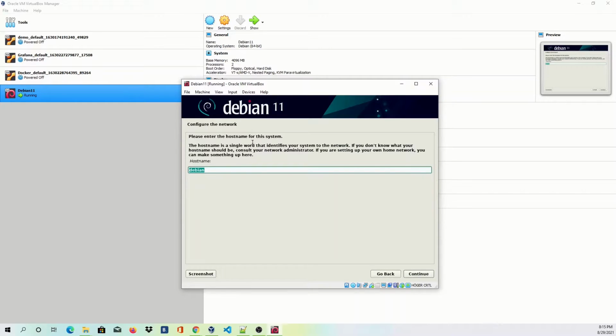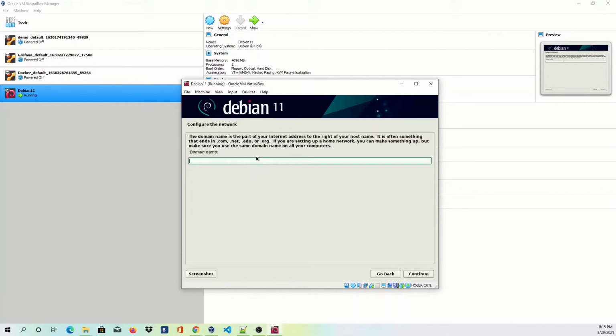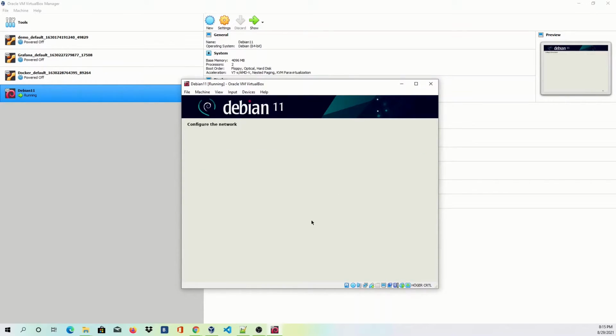Here we have to give a hostname to this Linux installation. So I'm going to give it as Debian 11. Click on continue. Here we have to give the domain name. It is optional. If your virtual machine is part of a domain, then you can give the domain name. Click on continue,